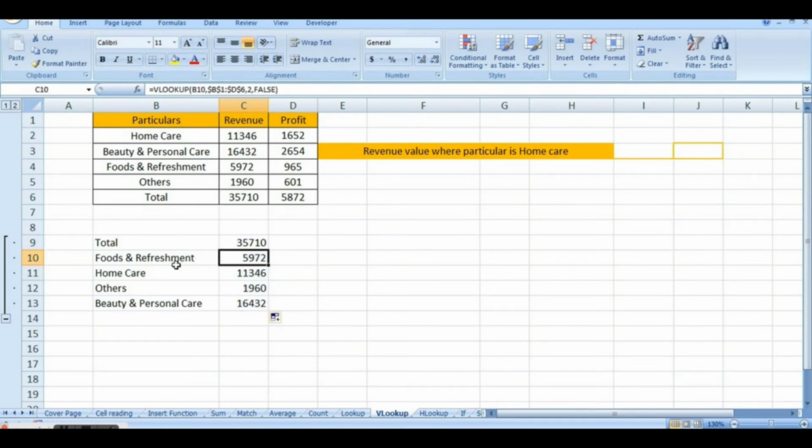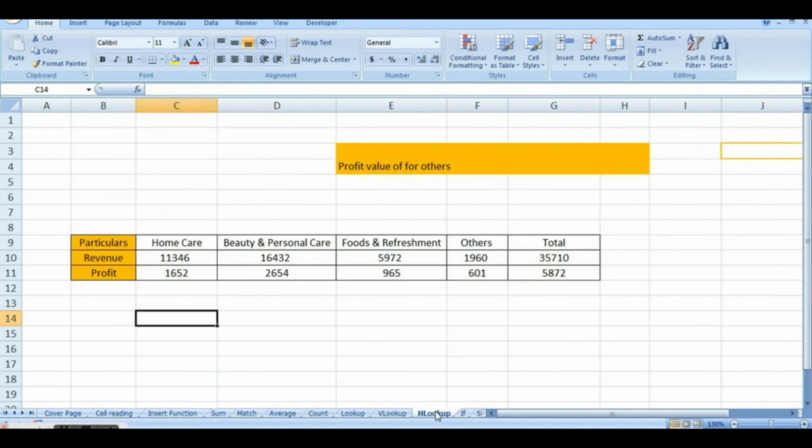You can check here: foods and refreshment, others, beauty and personal care. It gives me the exact values for the labels I have selected. So it turns out to be kind of a magic in Excel. Now this is for vertical division of data.